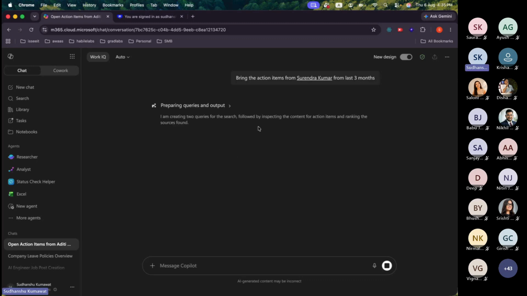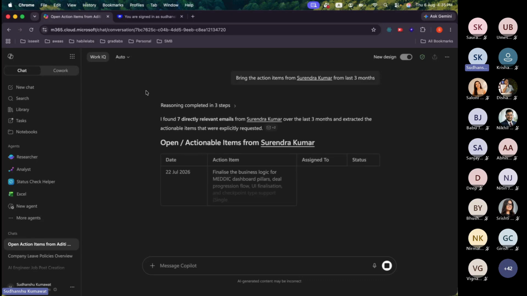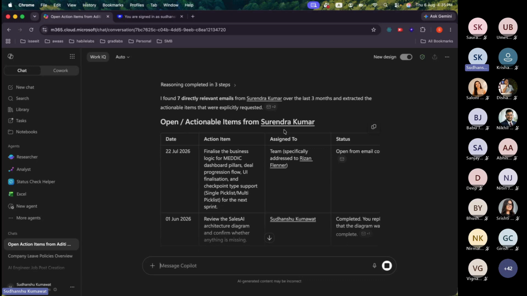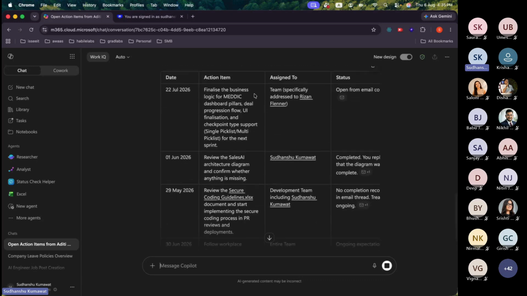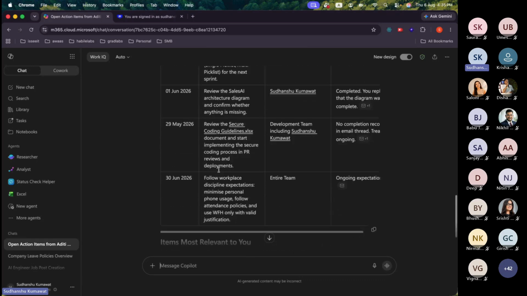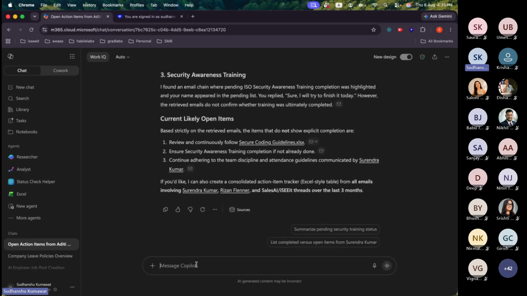This all is possible because we are using this enabled Work IQ icon so that it can interact with my emails, my files, my shared items, right? If I disable this, it will probably not be able to access these emails and my company data. Okay. So these are the open action items from Surendra, right? This is the finalized business logic for MedPay, and this is of the last 3 months only. Okay. Now I'll say create